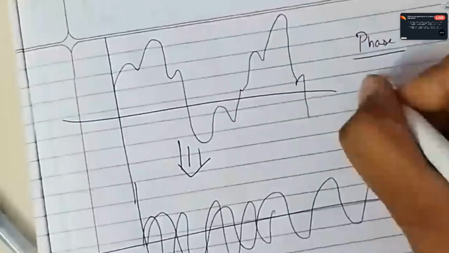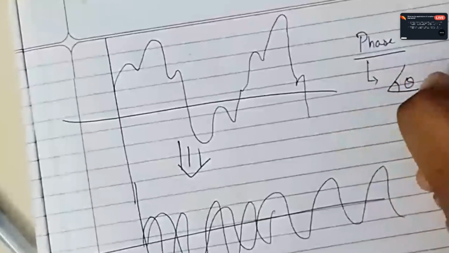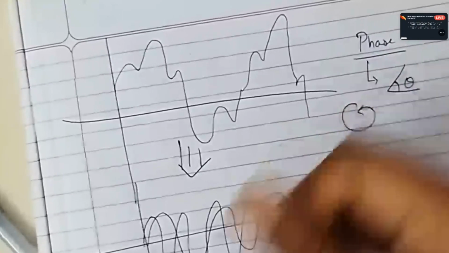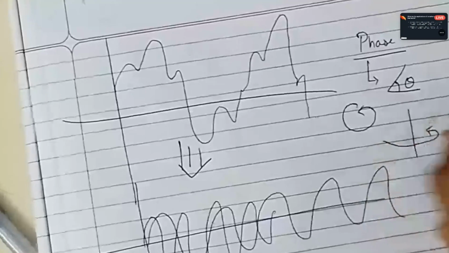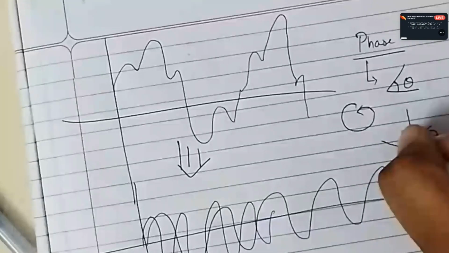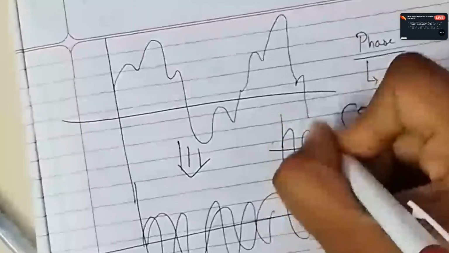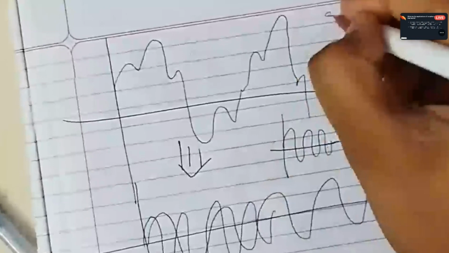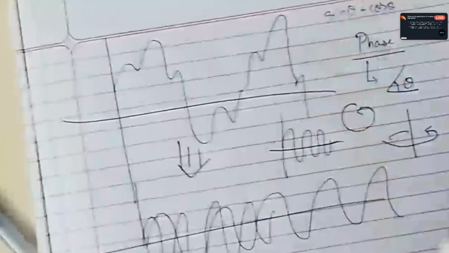So phase is when there is an angle present and something is rotating. That's where phase is introduced. So for example, if there is a rotating motion or an oscillatory motion, that is where you can use polar form, because if it is oscillatory you can break it down into a sum of sine and cosine. That's why it is used.